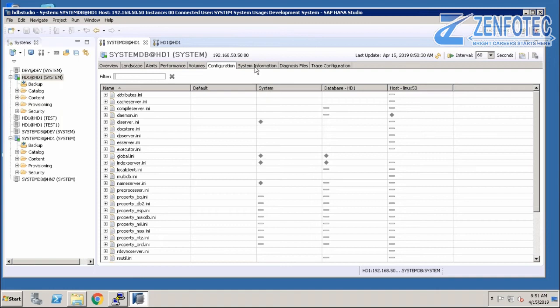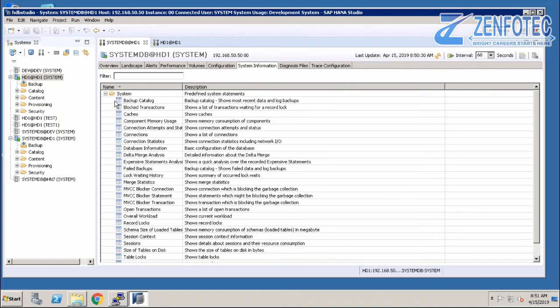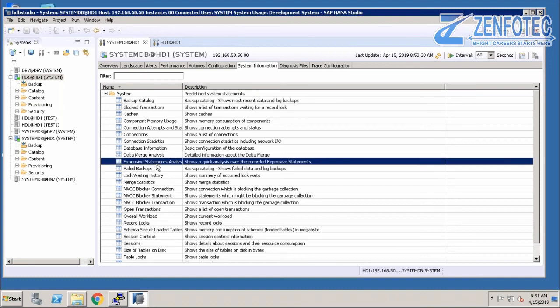Okay, system information. In the system information, you can directly go to some monitoring parts. For example, if you want to see the expensive statements, we have the option here.